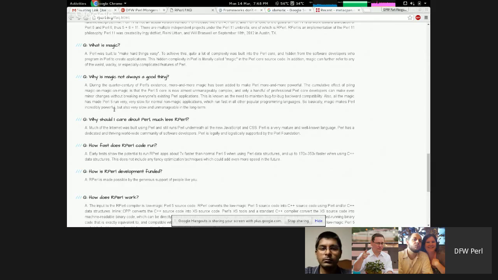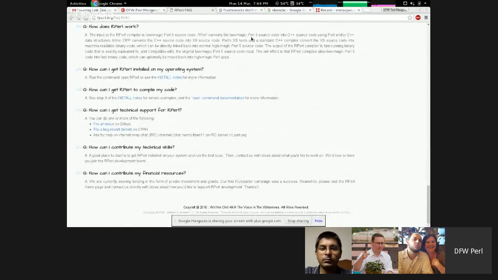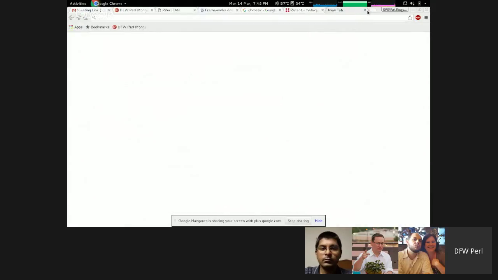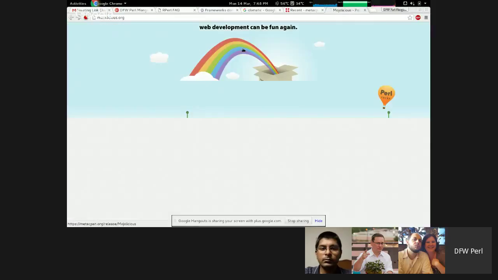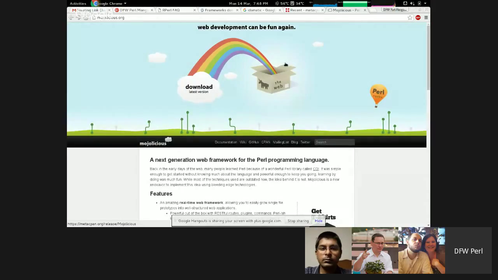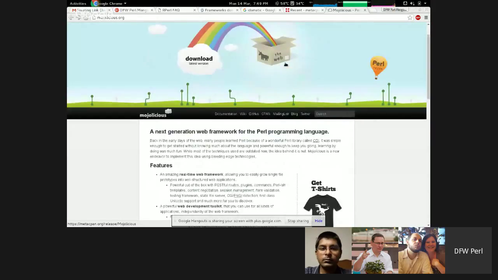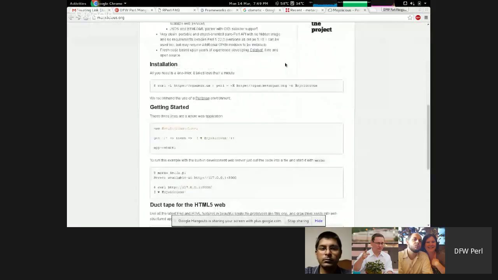Different use cases. I really want to see what RPerl can do, and it'd be nifty if, like when you go to mojolicious.org, they've got this nice user-friendly little website with some how-to-use-it right out of the box.